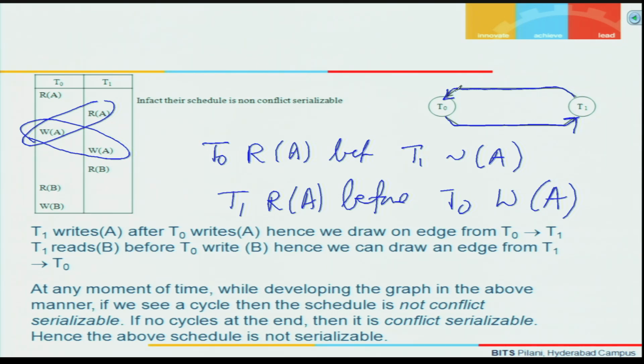in the schedule. At any point of time, if you see a cycle, then you stop your algorithm and declare that it is not serializable. Hence, in this example, I could see a cycle, one edge is from T0 to T1 and another edge is available from T1 to T0, there exists a cycle. Now I can declare that this schedule is not serializable, and then if you carefully observe, there is no way